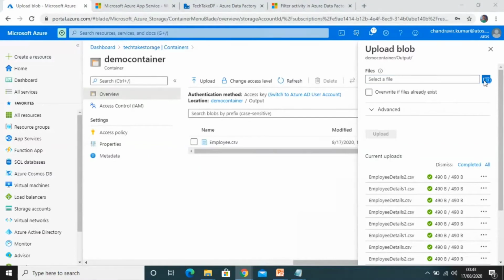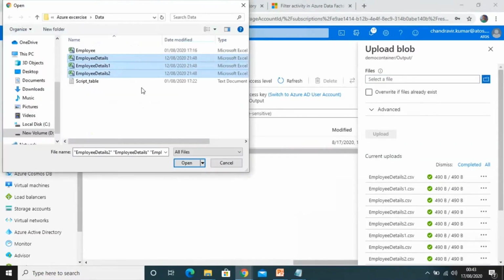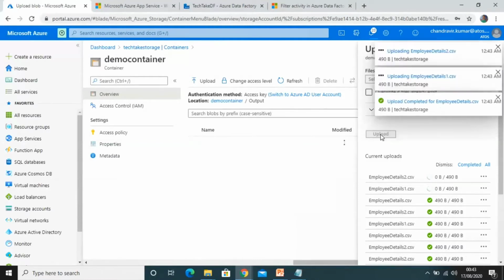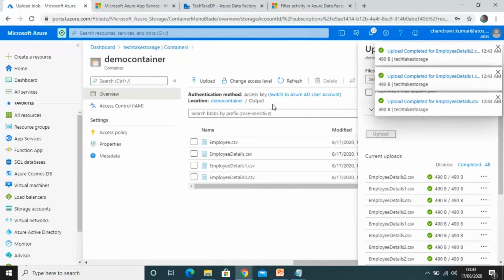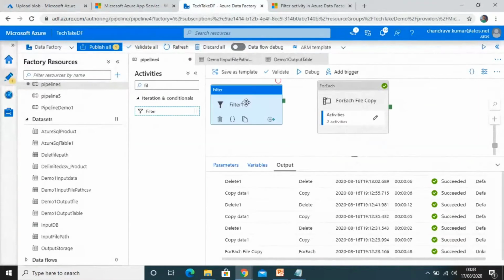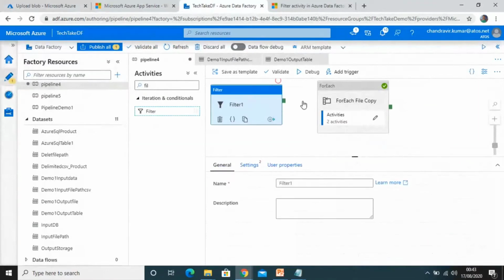Now let me upload all three files again, so I will show you how we can filter using the filter activity before the for each loop activity is executed. Three files are uploaded now. Let me search for the filter activity and drag and drop it onto the canvas, and we can connect it